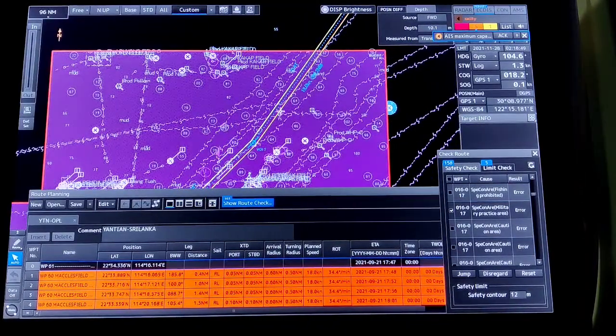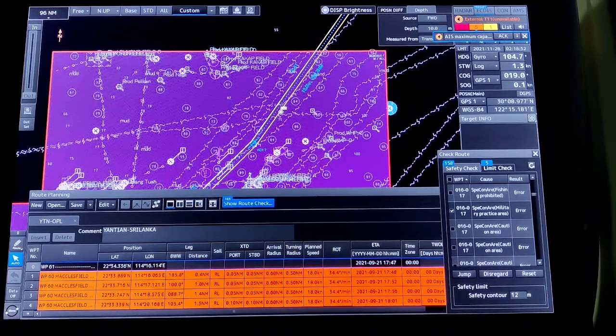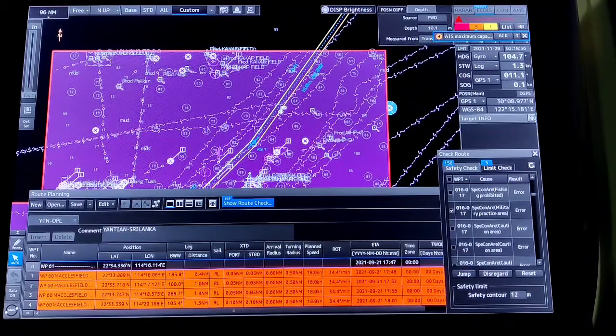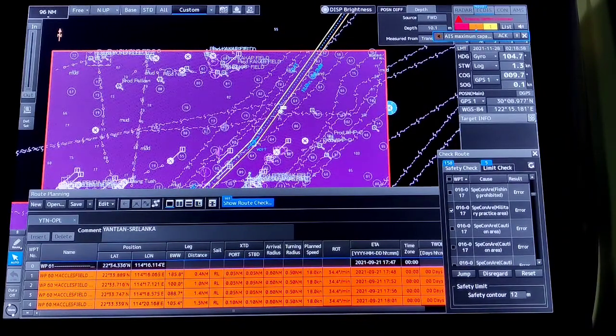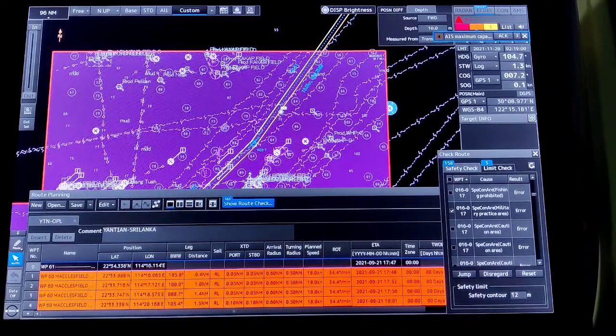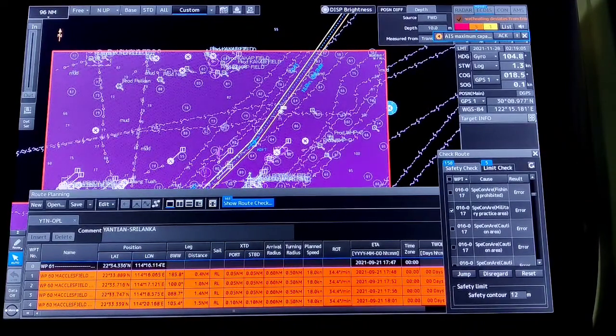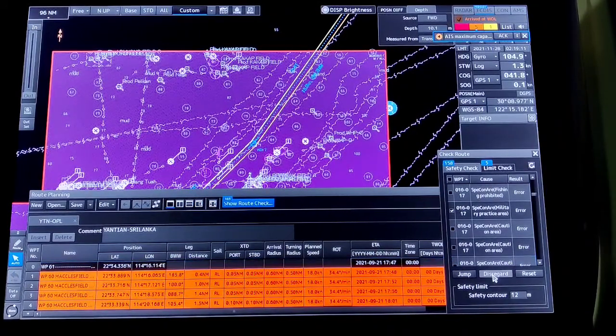So you go to your nav warnings. If any nav warnings have been received, check whether this area needs to be avoided or at which timings these military practices will be carried out. If there are any specific timings, you use user maps and put the timings, then navigate with caution near the military practice area, and so on. If there is no restriction on navigating in these areas, there is no problem, then you can disregard.